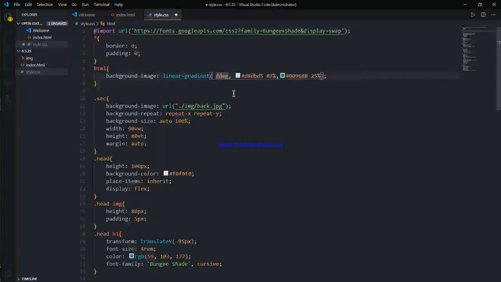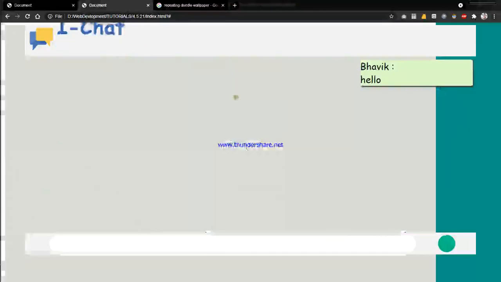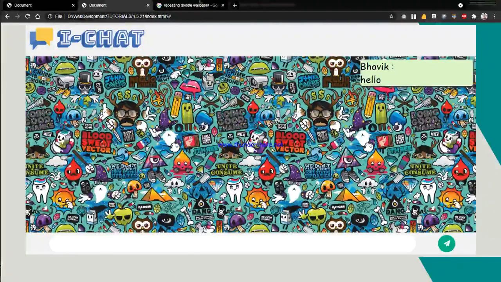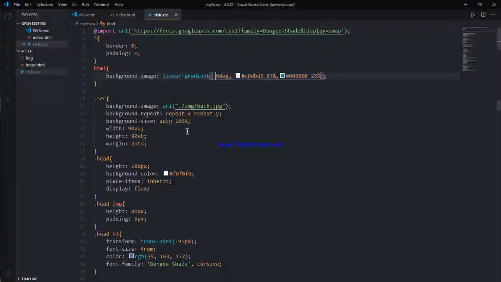So here we go. Here we give an angle. If you give 90 degrees, it will be 90 degrees. Means it gives it an angle from where the gradient should start.